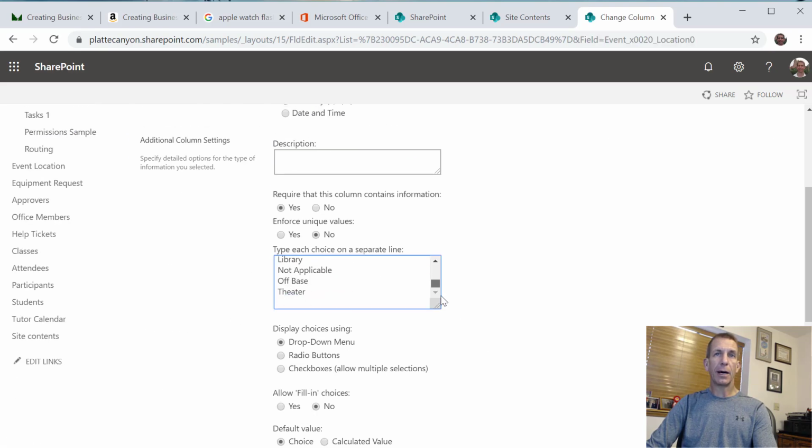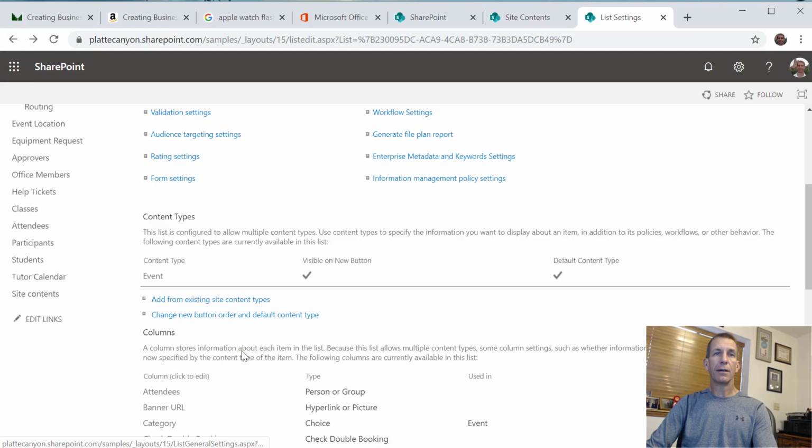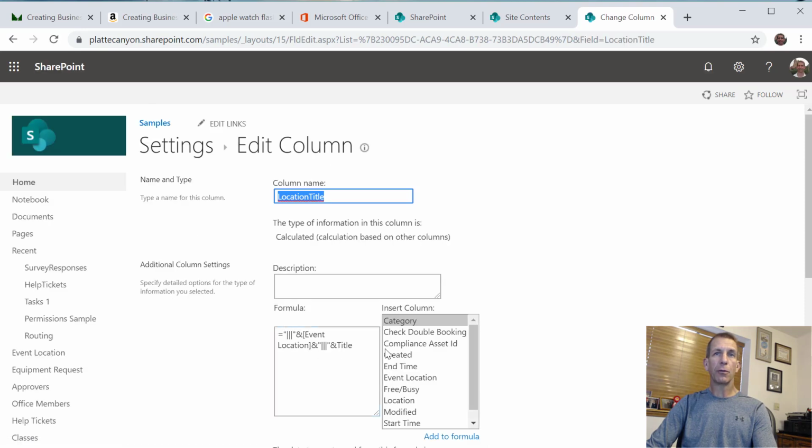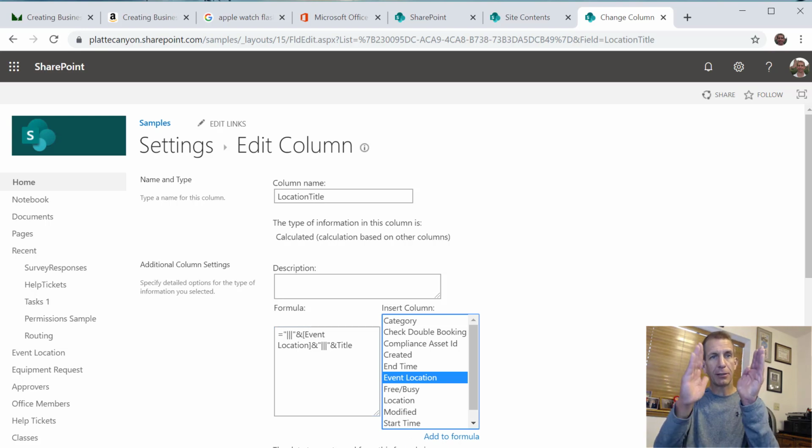And it's got all my locations in it. And then we make what I'm calling location title, a calculated column. The formula here is we put these 3 pipes, and then I put the event location, which I can get from there, and 3 more pipes, and then we concatenate on the ampersand and get the title. So if you saw it flash really quickly, you'd see the 3 pipes, the event location, and then